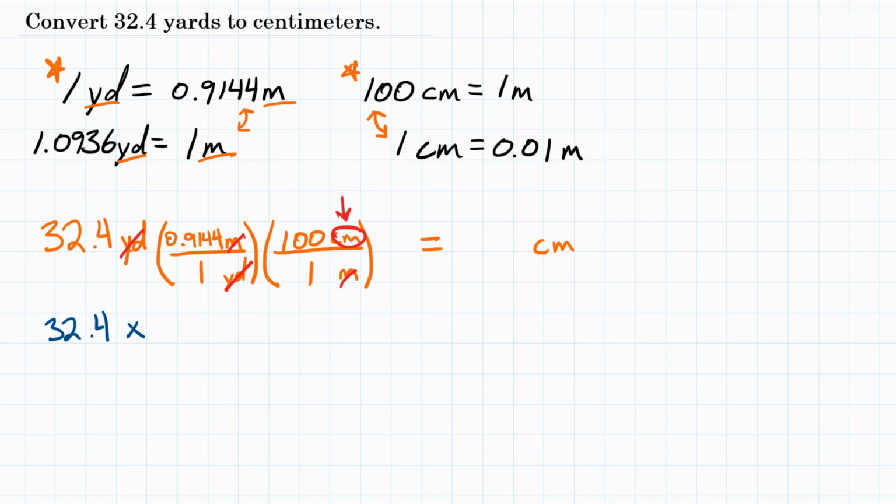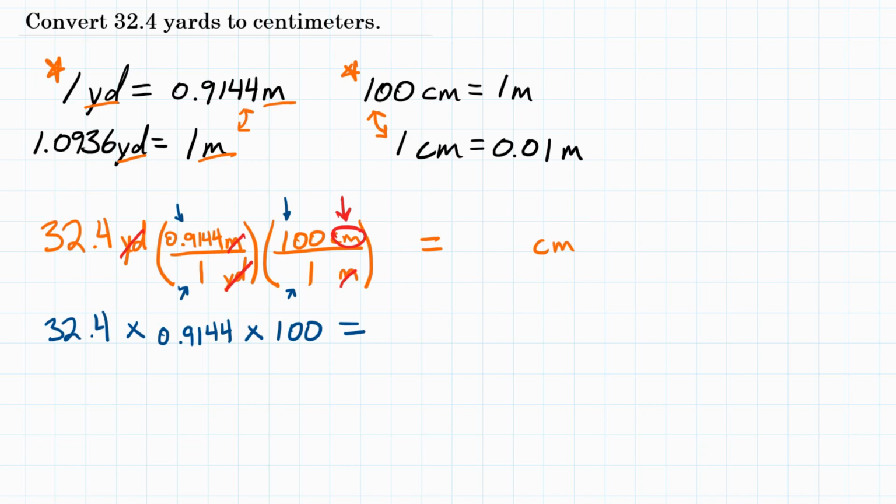We're going to multiply by the top of our first conversion factor, 0.9144, and then divide by the bottom, but that's 1, so we'll skip that. We will multiply by the top of the second one, which is 100, divide by the bottom, which is 1, so we will skip that, and we will hit equals, and we should get around